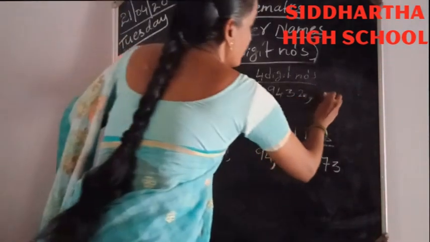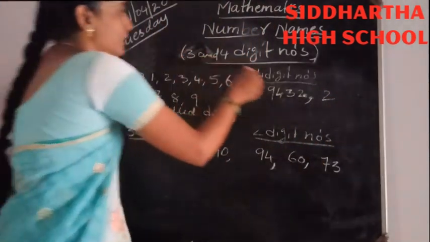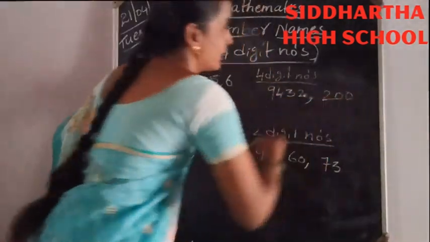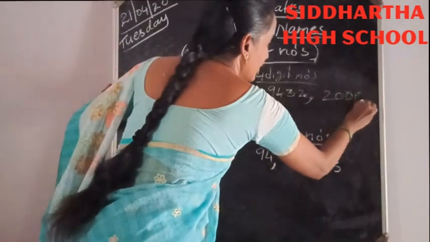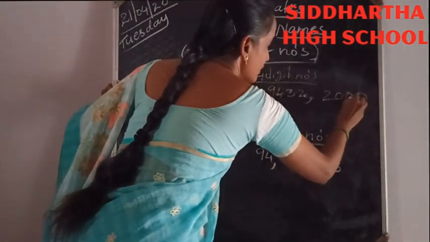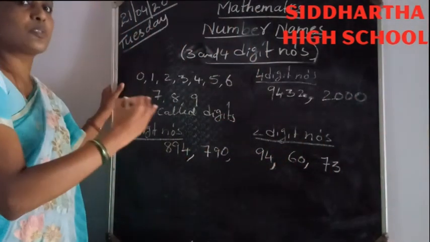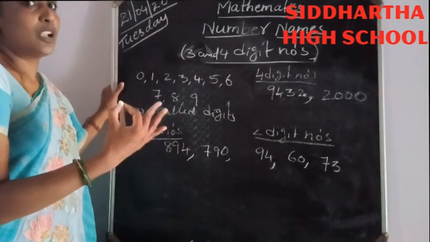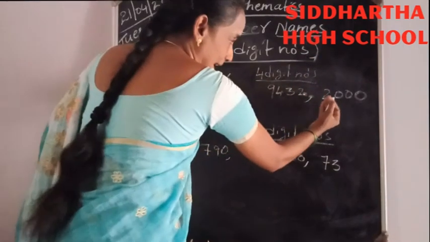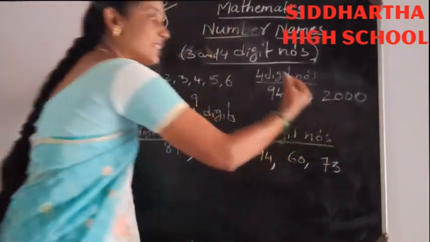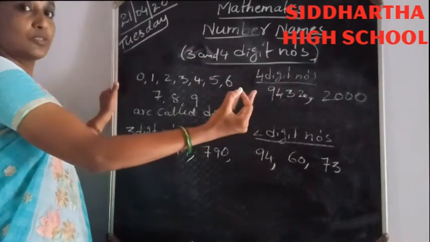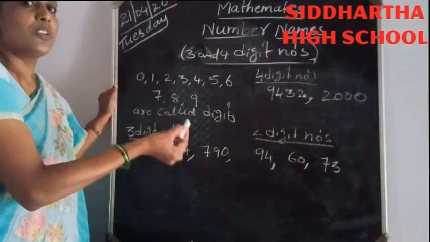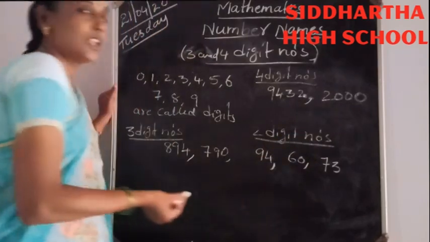How is it? Yes, 2, and now I am selecting 0, again 0, again 0. 0 is also a digit. Always write 0 to the right side of any digit. Don't write it on the left side of any digit, because 0 has no value there. First you select any digit, afterwards you select the 0 to the right side of that digit. Okay children, now here 1, 2, 3, 4. I selected 4 digits, so this is also a 4 digit number.